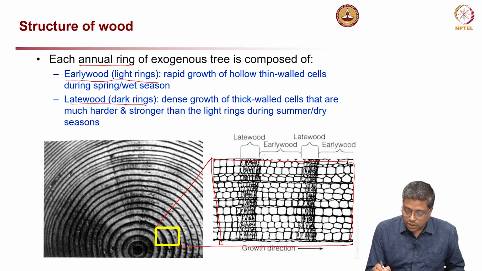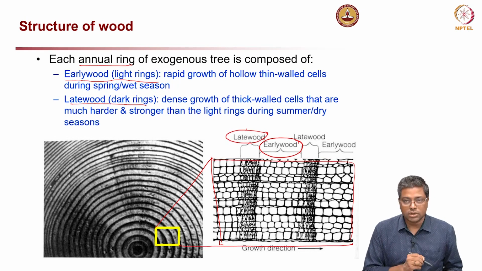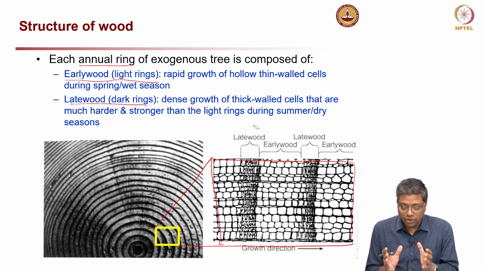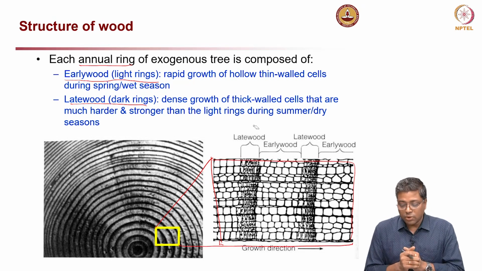In this region you can see early wood, these are the light color region, and the late wood which are the dark color region. So, you can see that late wood is more dense, this region is more dense, and early wood is less dense, this region is less dense. Okay. So, that is clear. So, two types form when you form the ring. Now look at why this late wood and early wood.